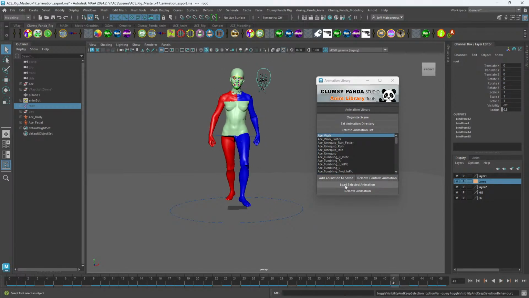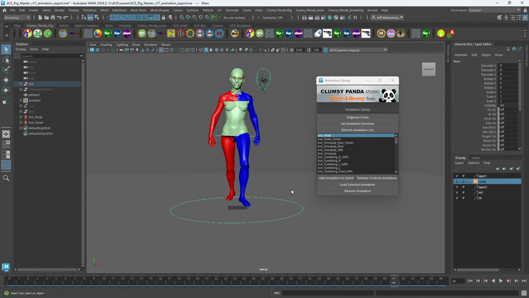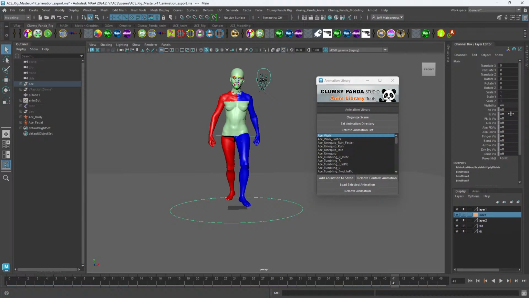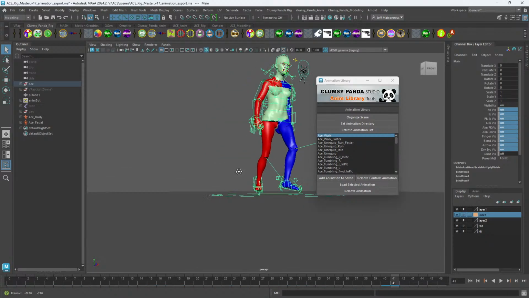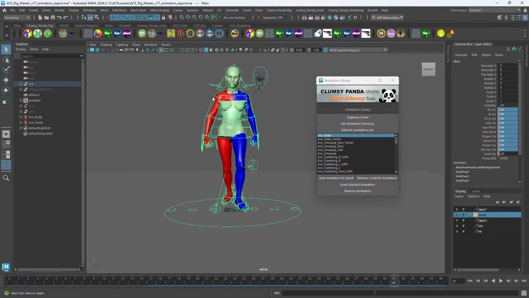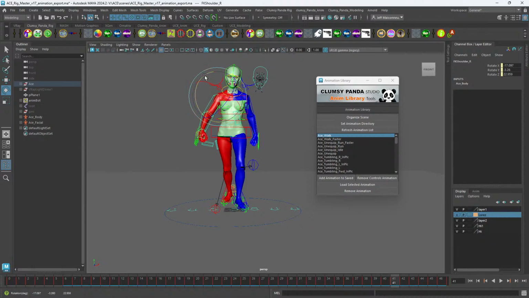And within this, I can update the animation if I find anything that needs to be updated. Let's just say I want the arm to wave a certain way, and I wanted to update this animation right around here. So I can also do so by adding the animation to save,